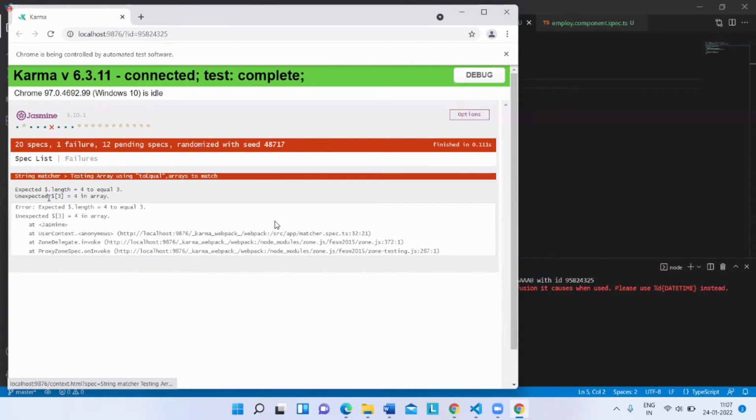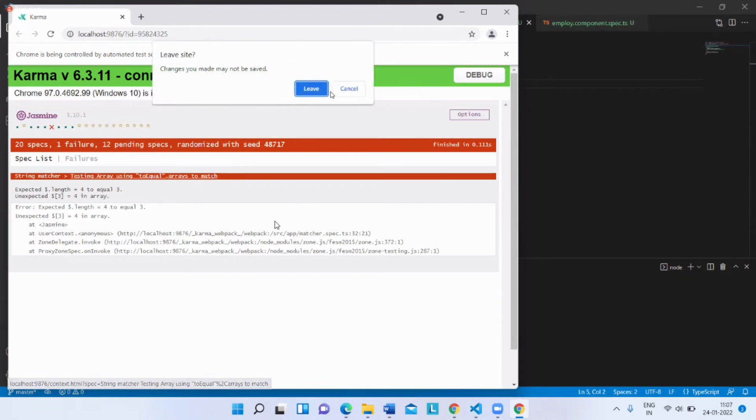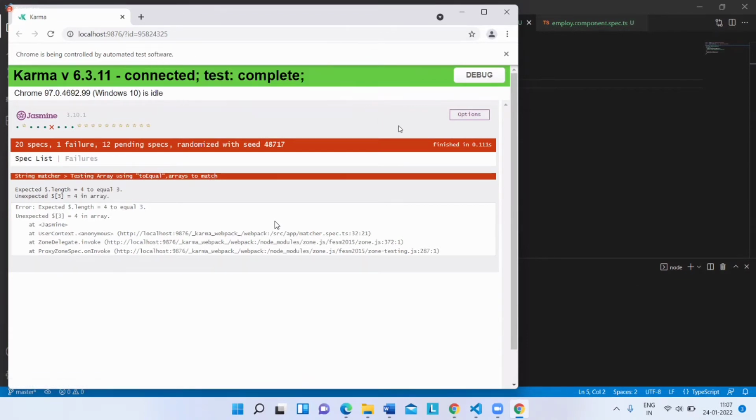Testing array is the name of that particular test case, which I have written to test using toEqual for two arrays to match. This part is giving me some problem here.